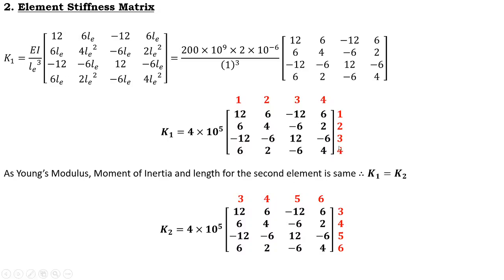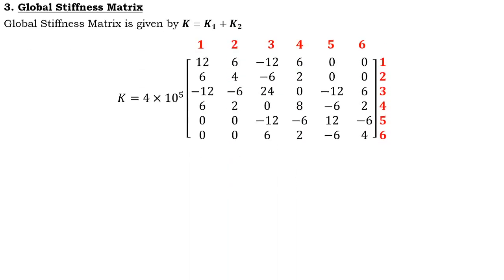Similarly I need to do 1 of 2, 2 of 2, 3 of 3. When I come to the 3 of 3, I'll be having two values for 3 of 3. Similarly when I come for 4 of 4, I'll be having the two values of 4 of 4, that is, here one value, and 4 of 4 I have here one value. So I need to add those two values so that I can get that global stiffness matrix. So that is what I have done in the next.